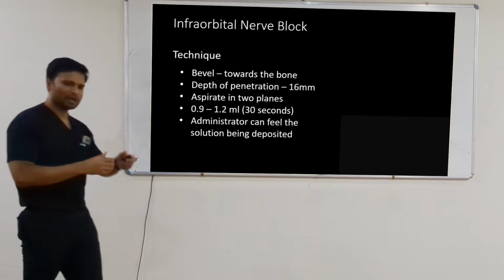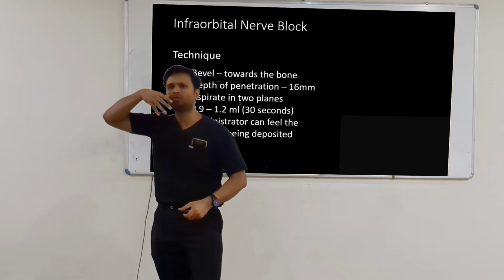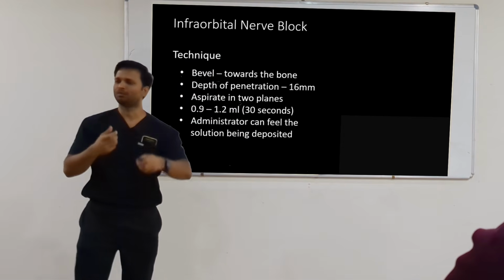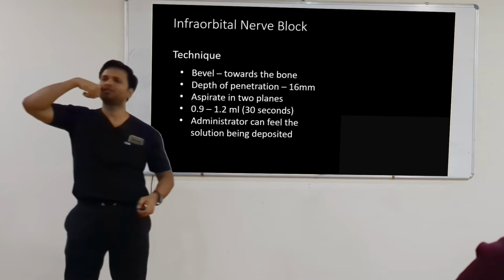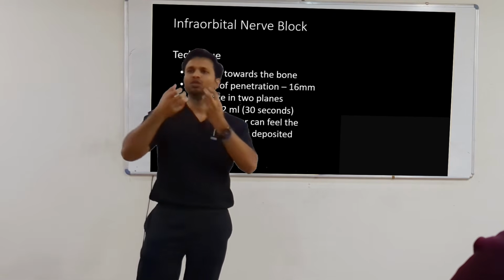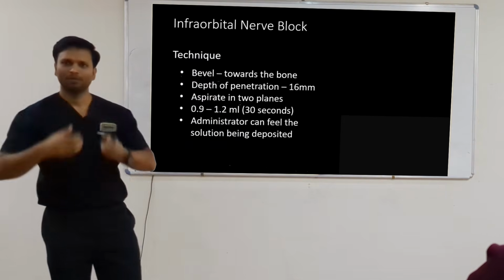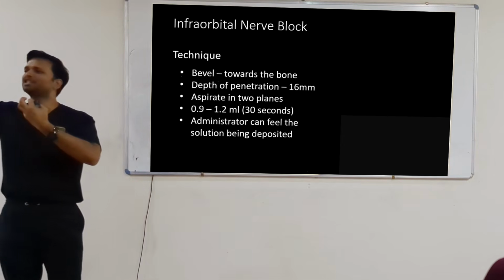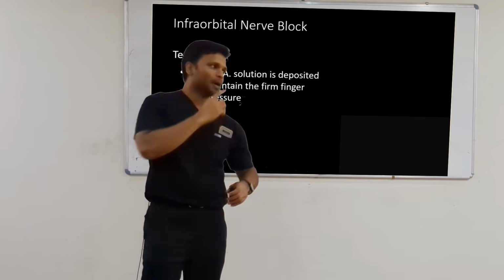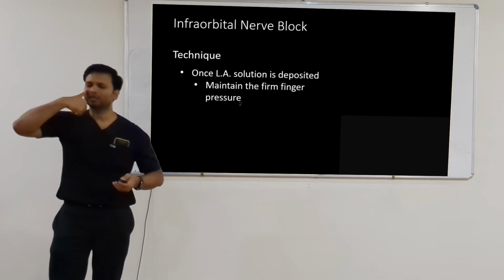So, as I told you, once you have located the foramen, you keep your thumb over there, you retract the soft tissue, and then you insert the needle and deposit the LA. Because your thumb is over the foramen, when you deposit the LA and if your needle is in correct position, you're going to feel the LA solution being deposited under your thumb. Okay? Because the soft tissue is going to be expanded. So, you're going to feel the LA solution being deposited there. Okay? So, once the LA is deposited, you're going to...